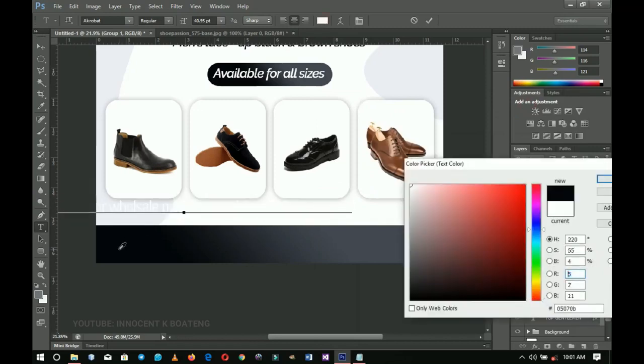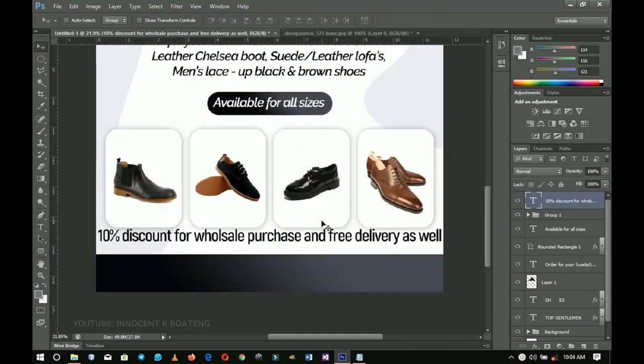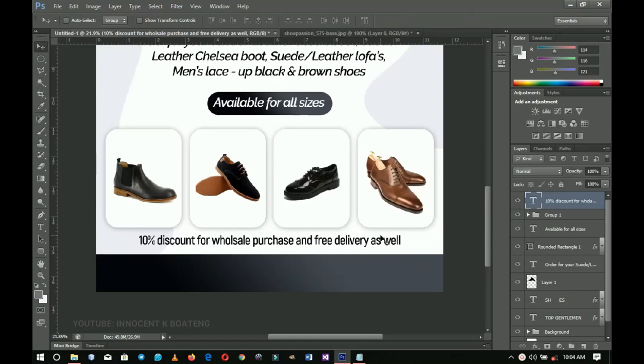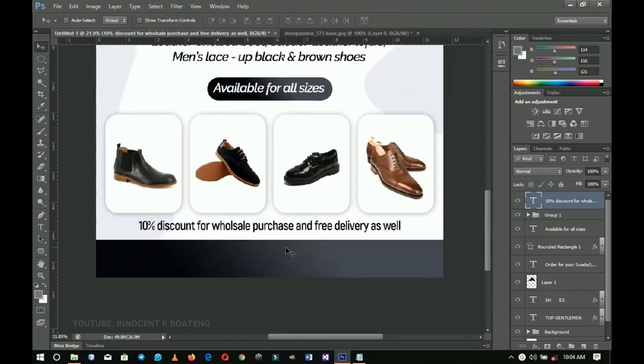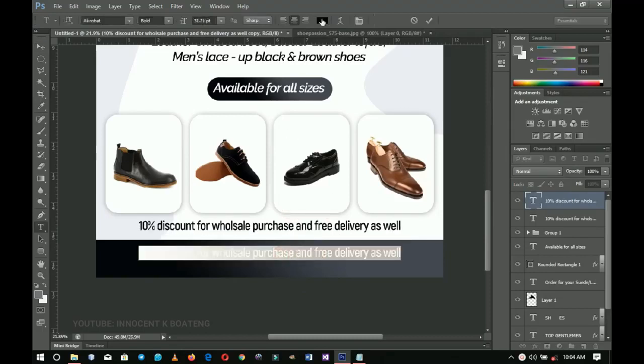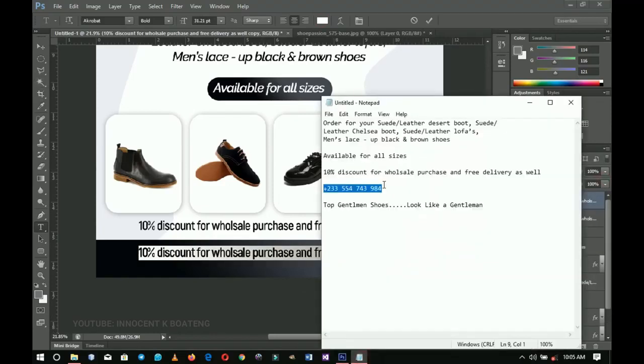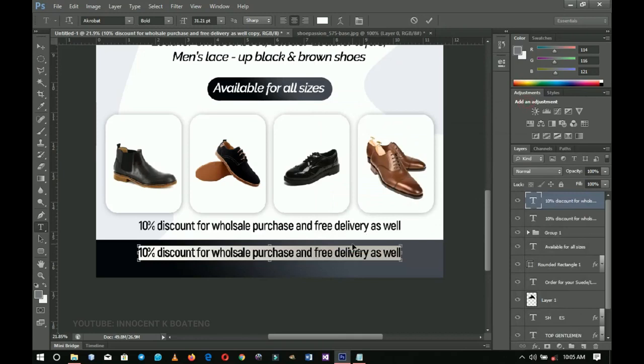So I'm going to change the color to this dark over here and click OK, and make sure that this is in a bold version. So I'll go ahead and press Ctrl T to transform this one here, and I'll bring it just beneath of this one, and we are almost through with that one. So I'll just press Ctrl J to duplicate this, bring it on top over here, and I'm going to change the color once again back to white so that it can be visible. So I'll copy this, and then I'm going to paste it over here like that,